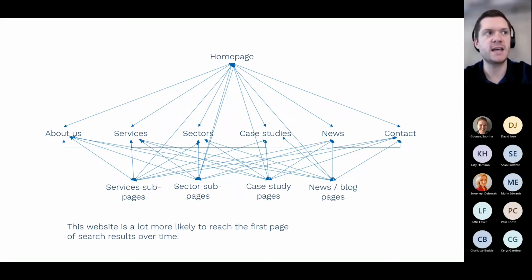So I'm not saying for any second here that we should just start creating thousands and thousands of pages, because it's got to be quality content. But if it is quality and if it does feed back to the challenges and pain points of your audience, we're going to start to drive some really, really good organic search impressions, clicks, and then over time, you're more likely to reach that first page of Google, Bing, whichever your chosen search engine is, or that of your end user.